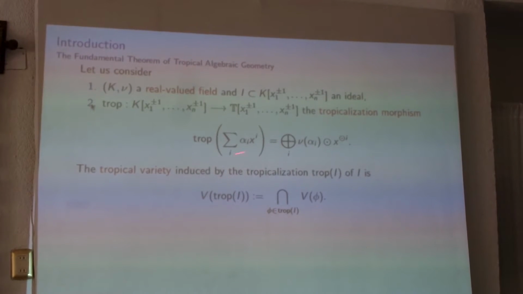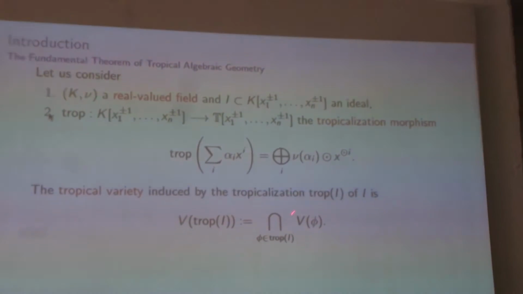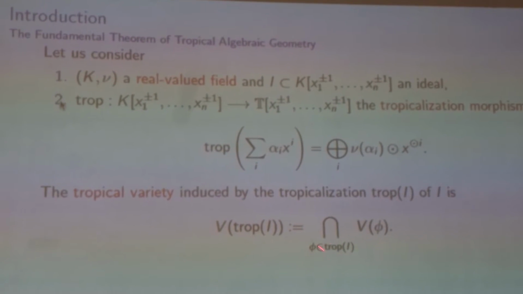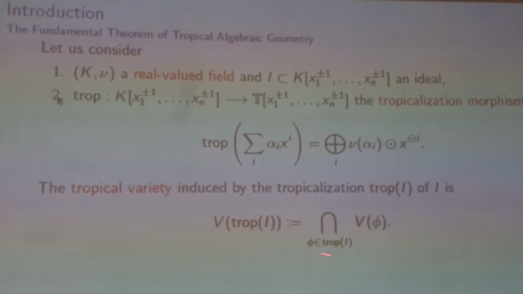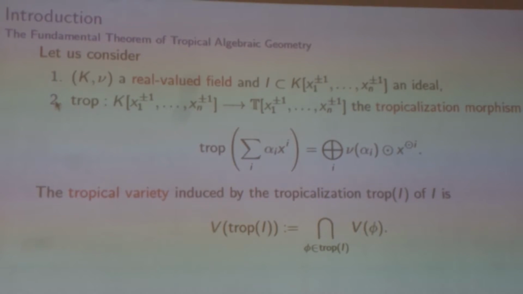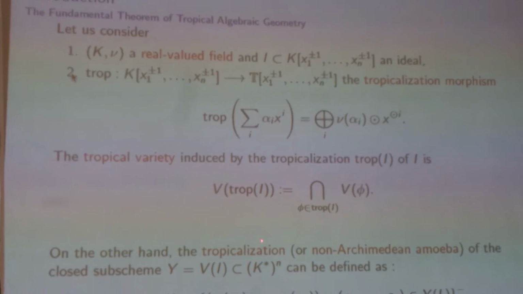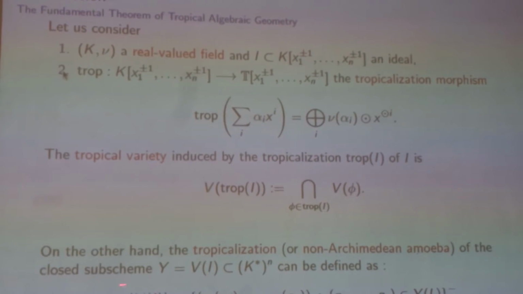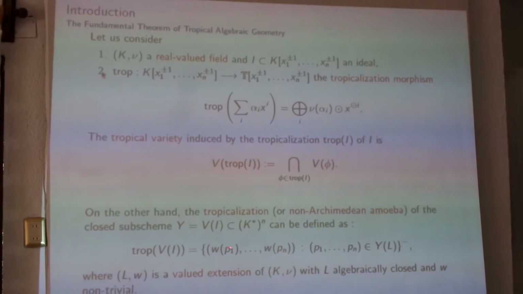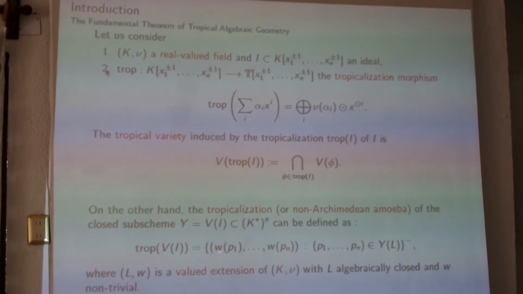So the tropical variety induced by the tropicalization of an ideal is the intersection of the bend loci of all the tropicalizations of the polynomials in the ideal. So this may be an infinite intersection. On the other hand, the tropicalization, the non-Archimedean amoeba of this closed subscheme inside the torus, can be defined as the image of the L points of this closed subscheme, where